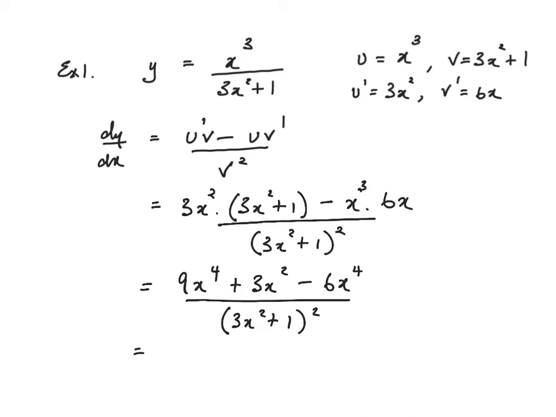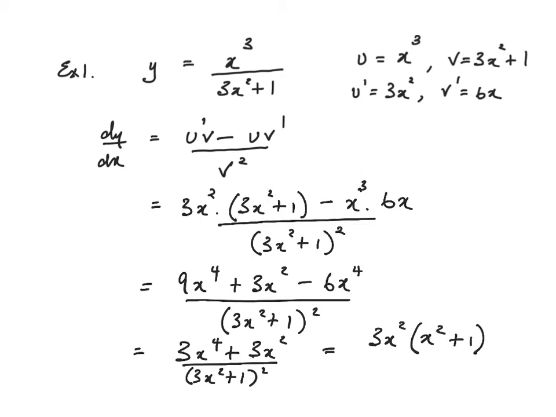And that leaves us with 3x to the power of 4 over 3x squared plus 1 all squared. What we might do there is take out 3x squared as a common factor. That would give us x squared plus 1 over